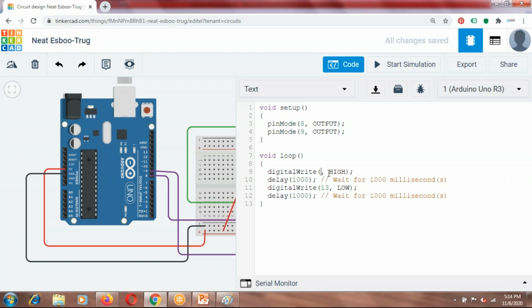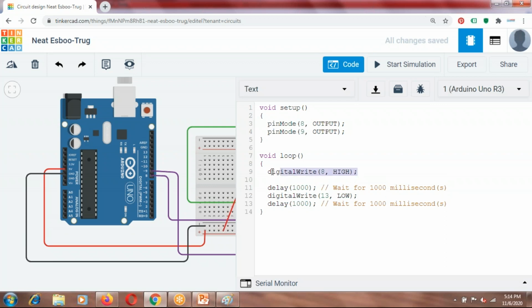Now digital write. I have told you to move this motor in one direction for 2 seconds and in the other direction for another 2 seconds, after a delay of 2 seconds. To run the motor, you have to turn one terminal at high potential and the other terminal at low potential. So digital write 8, to start with, we are putting 8 at high and 9 at low. After a delay of 2 seconds, 2000 milliseconds, we are reversing the polarity.